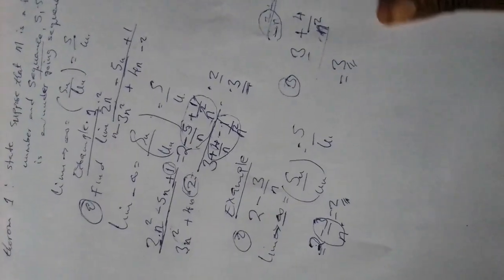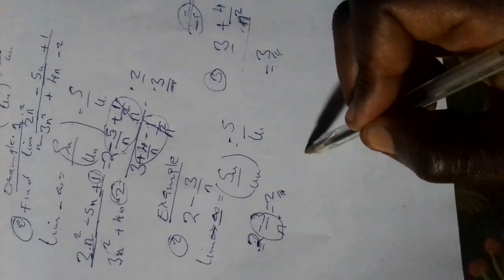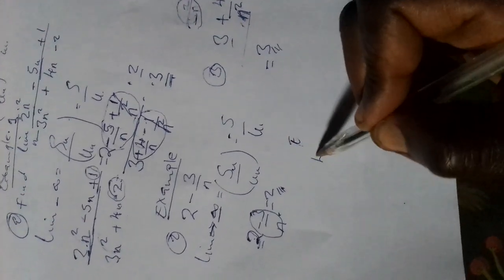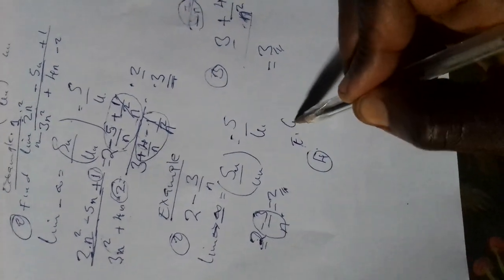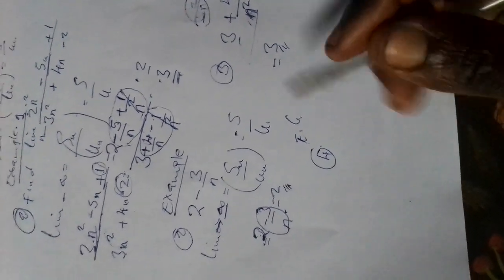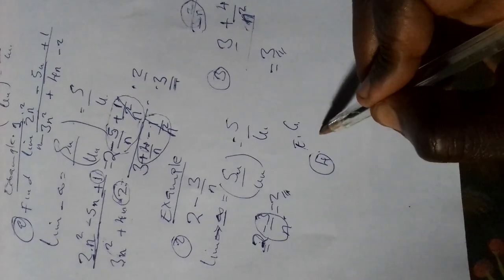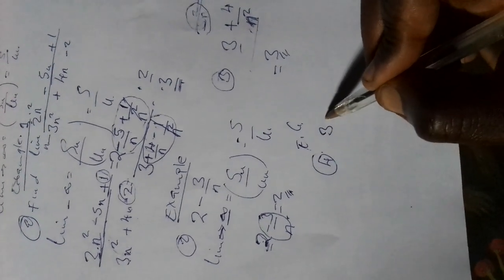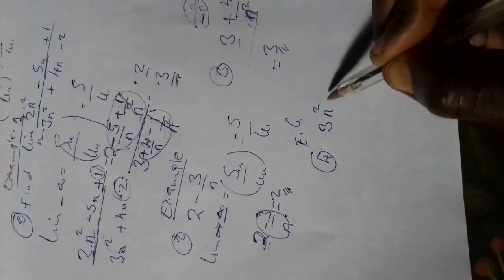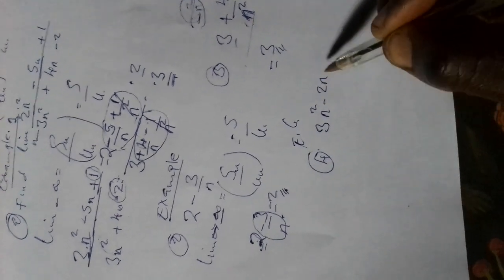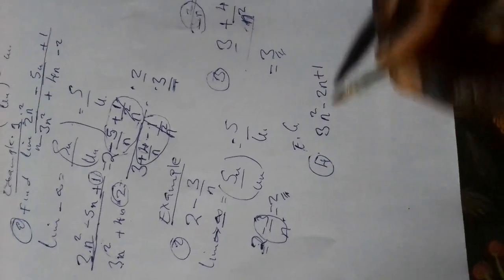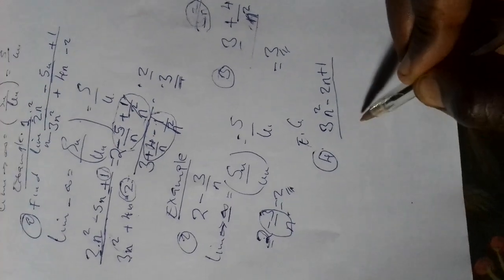Now, I just want us to solve another equation, which is example 4. Another equation, which is example 4, which is like this: 3n squared minus 2n plus 1, then which is